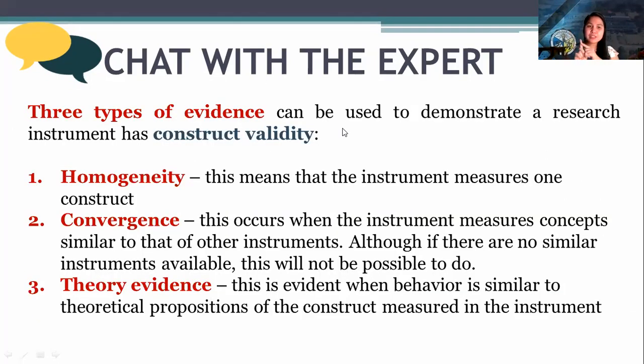First is homogeneity. If we say homogeneity, Homo, it means just one. Homogeneity tells us that the instrument only measures one construct. For example,